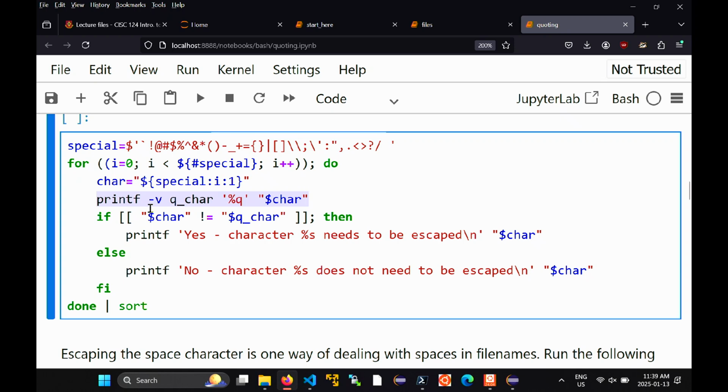Printf is what's called formatted print. It lets you specify stuff to print and how to print it. We'll see this in great gory detail when we talk about C. So here we're going to print,